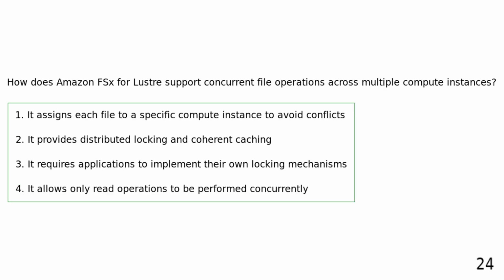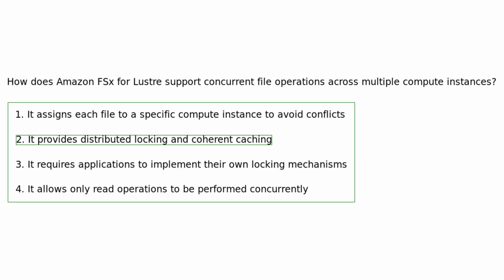How does Amazon FSx for Lustre support concurrent file operations across multiple compute instances? It assigns each file to a specific compute instance to avoid conflicts. It provides distributed locking and coherent caching. It requires applications to implement their own locking mechanisms. It allows only read operations to be performed concurrently. FSx for Lustre supports concurrent file operations by providing distributed locking and coherent caching, allowing multiple compute instances to access